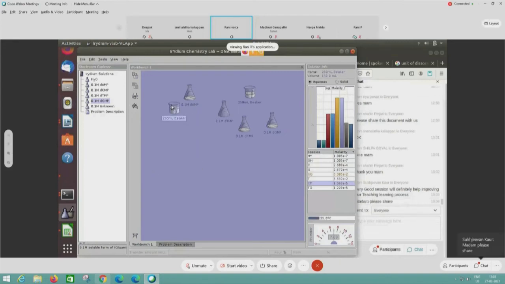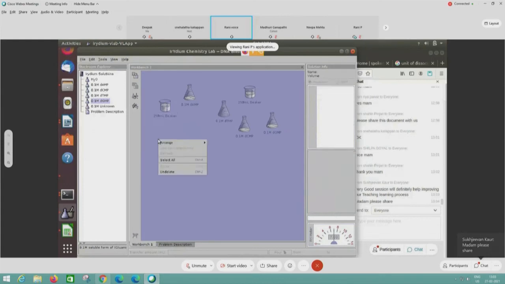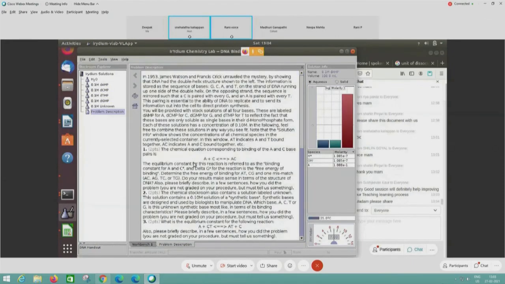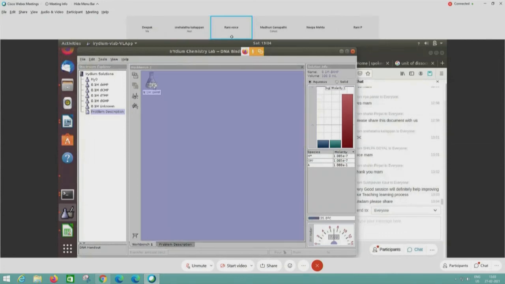We can also do one more example. So I will select all of this and delete. I will start afresh. One of the examples given here is A plus CT, which forms AT plus C. So this is like, if it will displace, we will do that experiment. So I have taken A, I will take C base, and we will take C base. We will also get a new beaker.